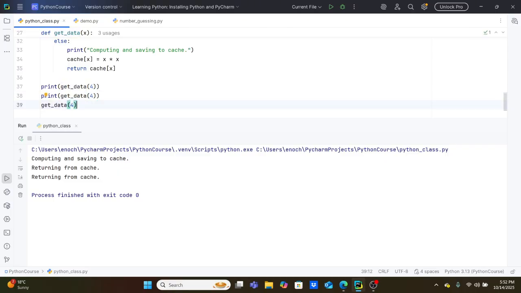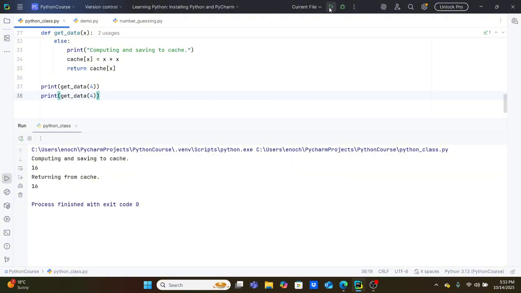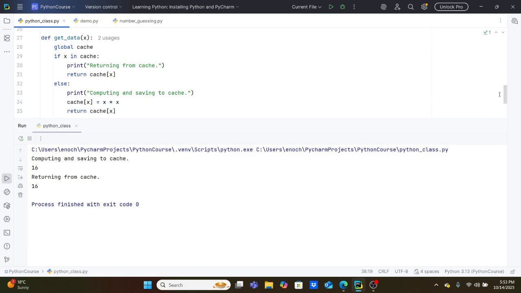So if you do this, let's just do it twice, and if we run it like this, you will see the first thing that happened there is, if x in cache, if it's there, then it will print this, but it's not there. So the first thing it's printing is computing and saving to cache, so it's doing this operation and returning